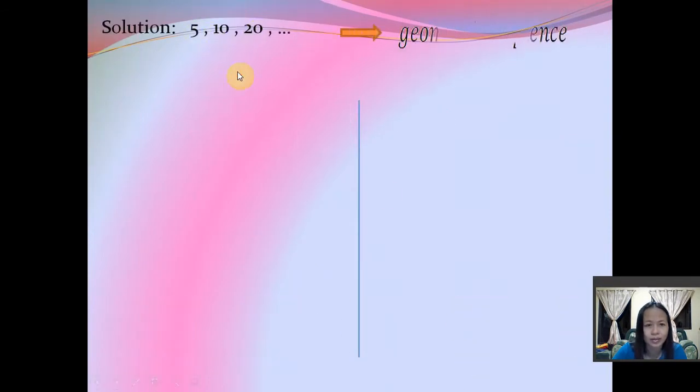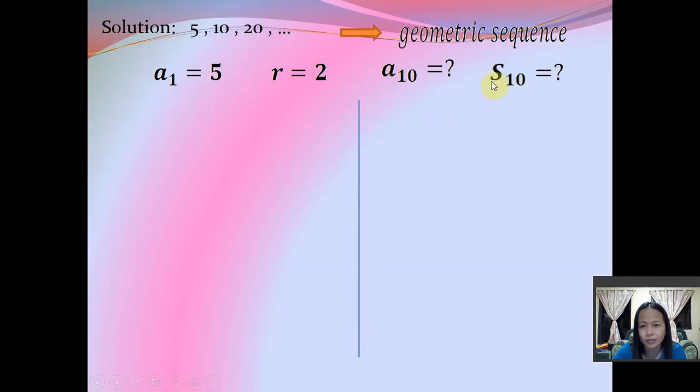This is our sequence. We have geometric sequence 5, 10, 20. First term is 5. Common ratio is 2. And we're going to look for these two things. Now, we will look for the 10th term first, the A sub 10. Since it's a geometric sequence, we will be using the nth term formula of a geometric sequence, which